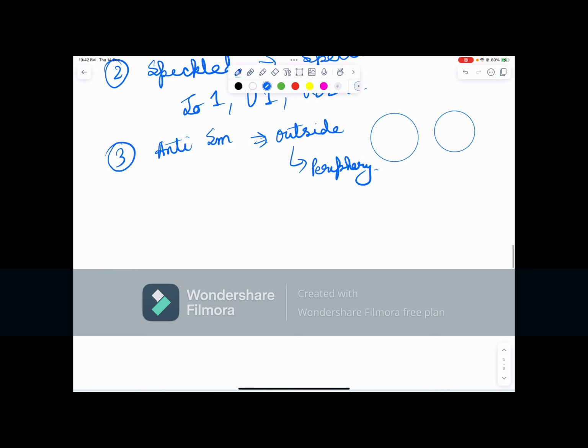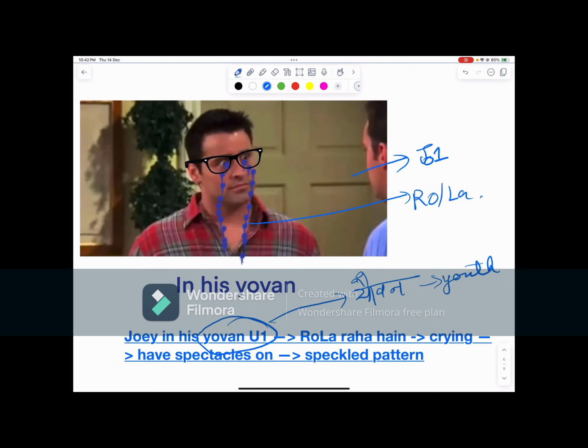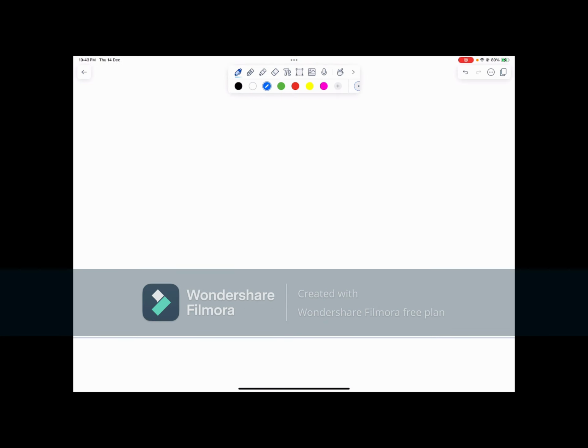And the rest remaining is CREST syndrome, anti-Scl-70 and all, anti-topoisomerase, these will form nucleolar pattern, because they are directly going and attaching to histones and all. So remember that here we will have nucleolar pattern. Just pause it and look at it for a moment and you will remember it for life. One more antibody that is remaining is ASCA antibodies. You remember that ASCA is seen in Crohn's disease.